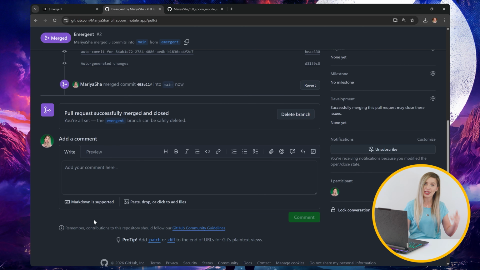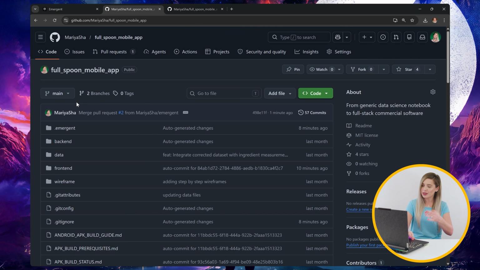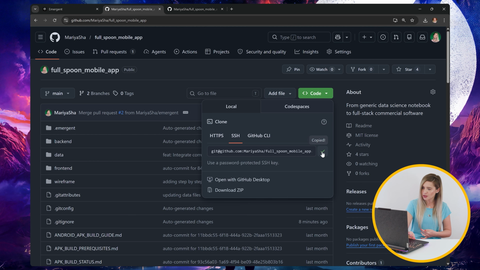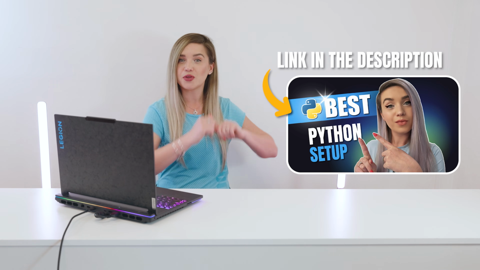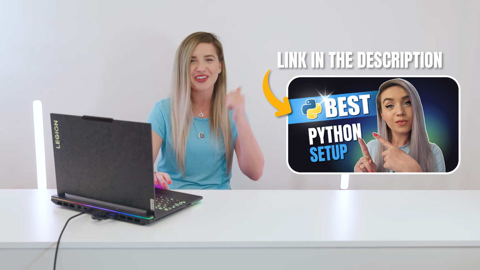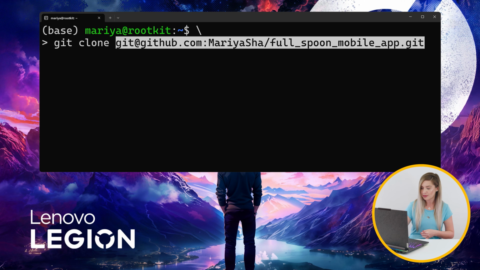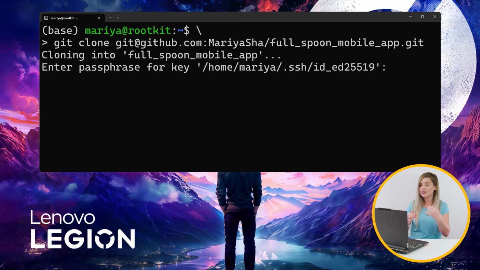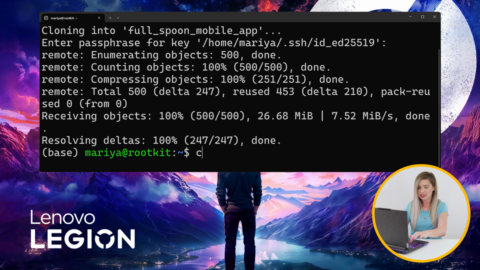And we will then merge it with the rest of the code, replacing my original code with the lovely code that Emergent wrote. And now that our complete app is available on the main branch, we will copy the SSH address of our repository. If you need help with setting it up, check out the pinned comment. And then we will go ahead and open a WSL terminal on our system. If you don't have one, follow this tutorial of mine. It's really, really good. And we will then type git clone followed by the URL we just copied. We will then type our SSH password and navigate to our project folder with cd full spoon mobile app,